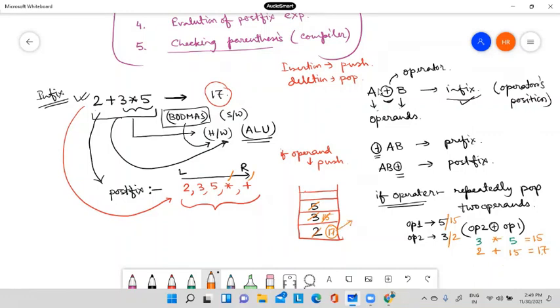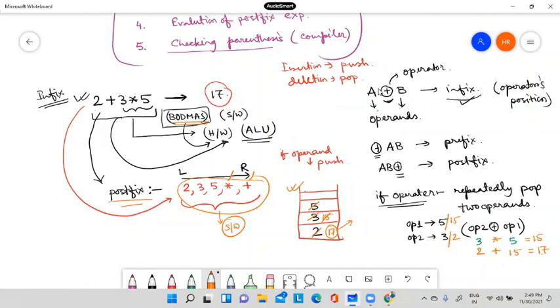See, here we don't need to remember which operator has the precedence. We don't need to remember the BODMAS rule. Only what we have to do, we have to push and pop. Only these two operations are enough to calculate the result. It means no need of any software to implement the BODMAS rule. We are just using the stack data structure to evaluate the postfix expression.